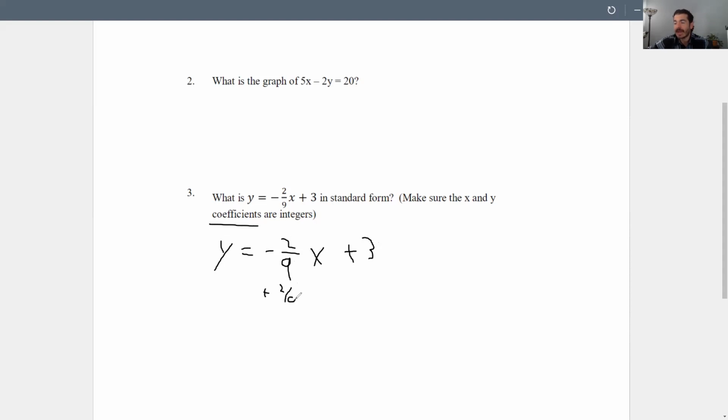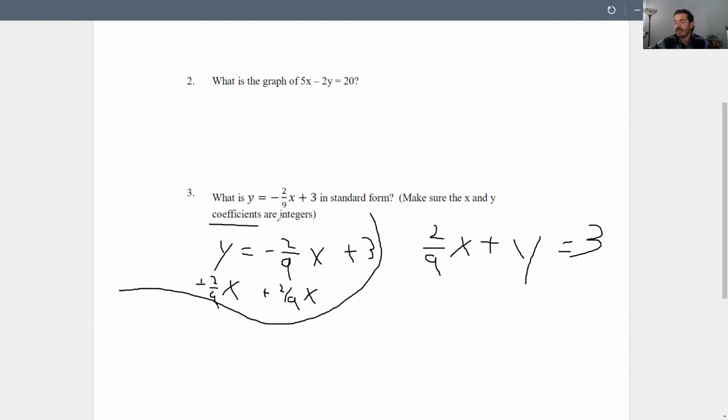Ax plus by equals c. So at this point, I have 2/9 times x plus 1y equals 3. I am in standard form now, but I have not satisfied the problem, because it's very specifically asking